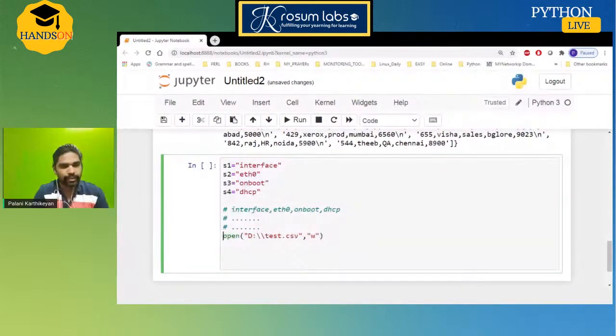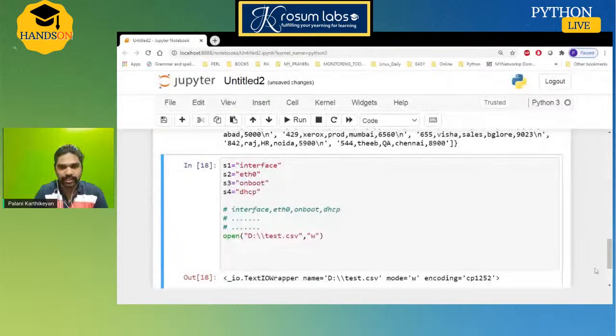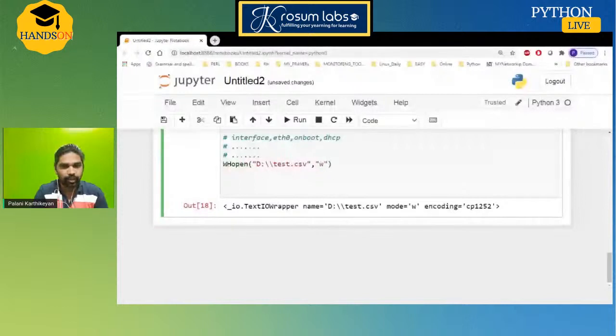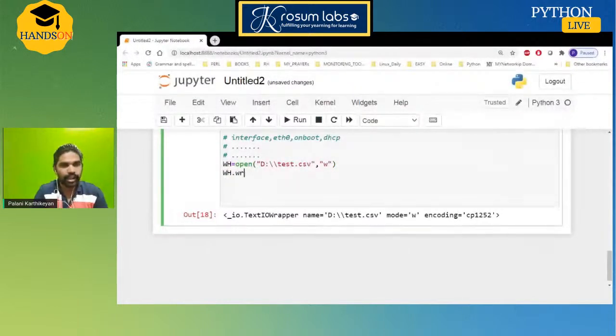So the first action is the write action. We'll get an acknowledgement, the same address view, but it's an OS part, kernel space view. Now I want to write the data to the file. Write is a function. Recap: for reading we used the readlines function. Here write is a function whose argument is a single string. Now you have to observe this data type. I'm not passing an entire list inside the file, and I'm not passing any dictionary in this operation. I'm passing a single string, but my expectation is CSV format.